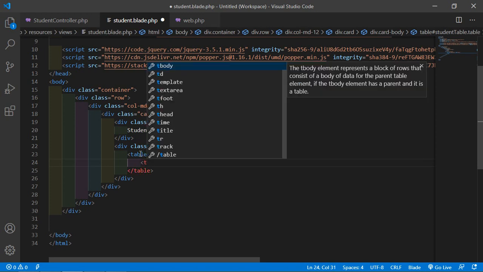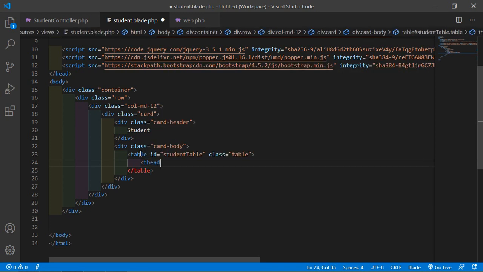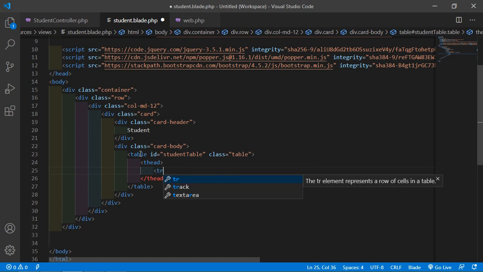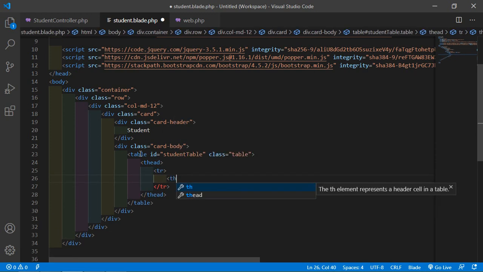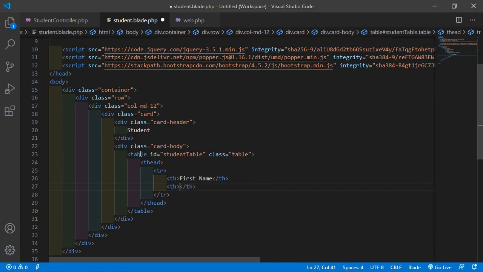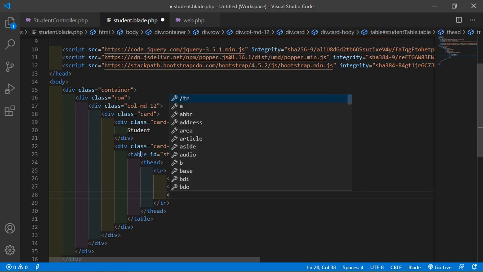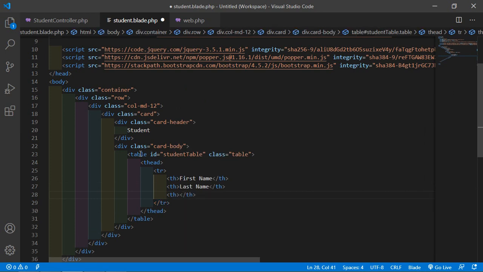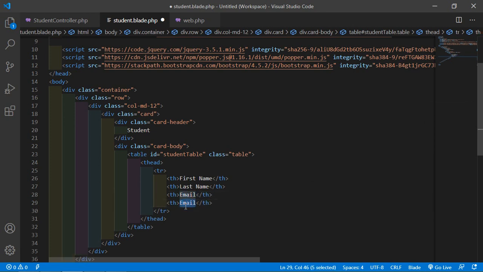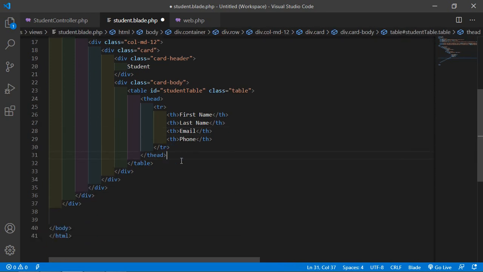Okay, then just add here the thead, tr, th, and add here the first name, last name, email, and last one phone. All right, now add the tbody,